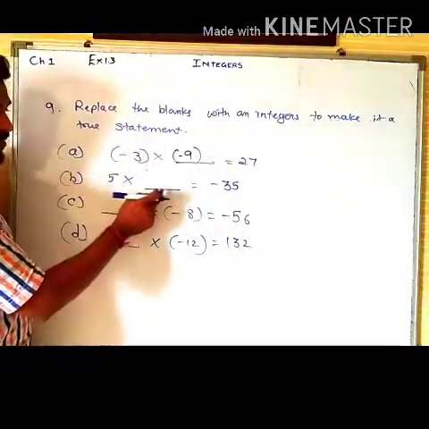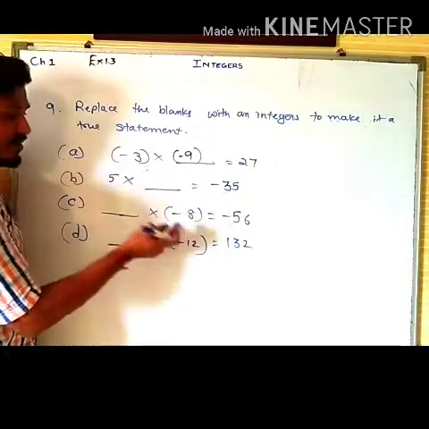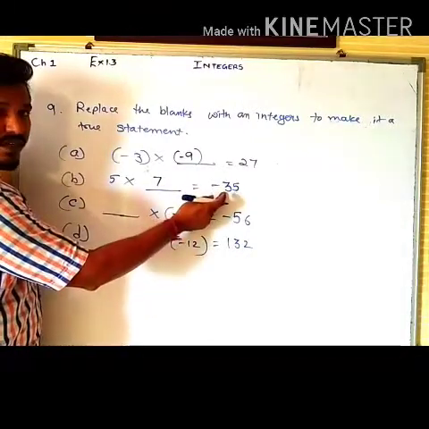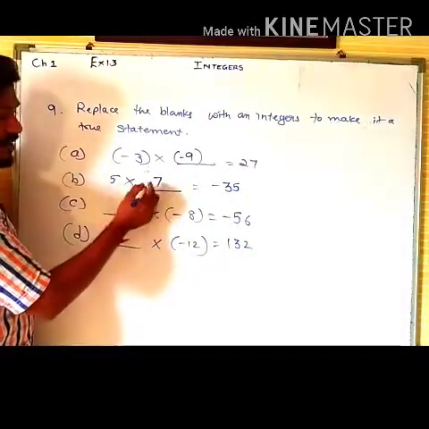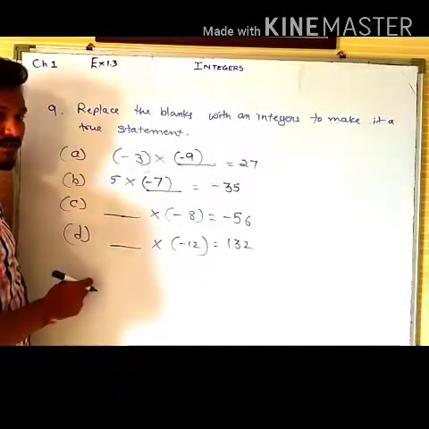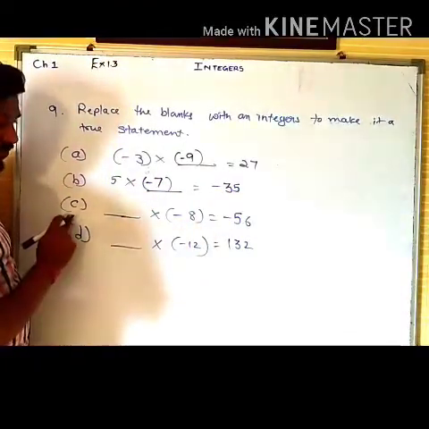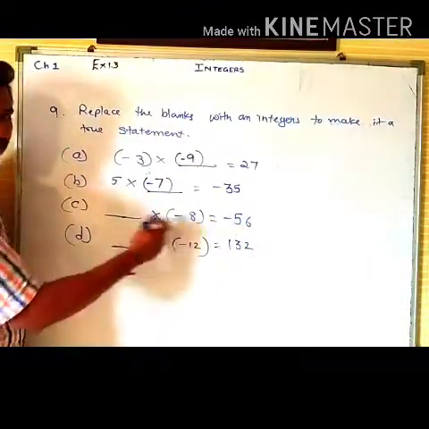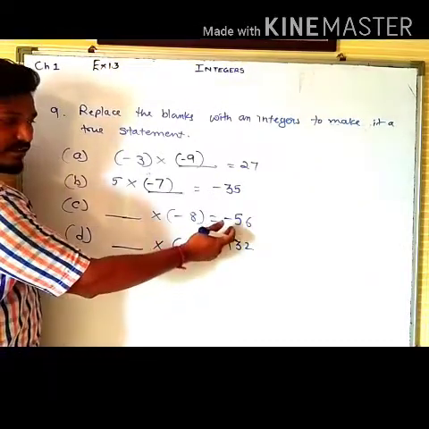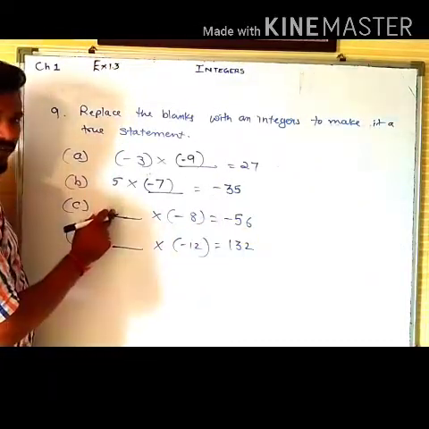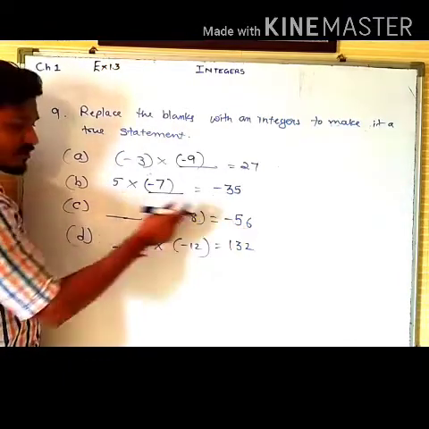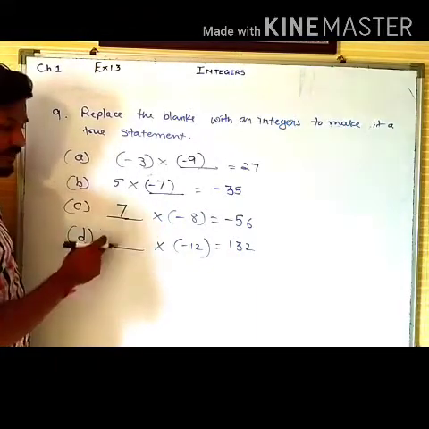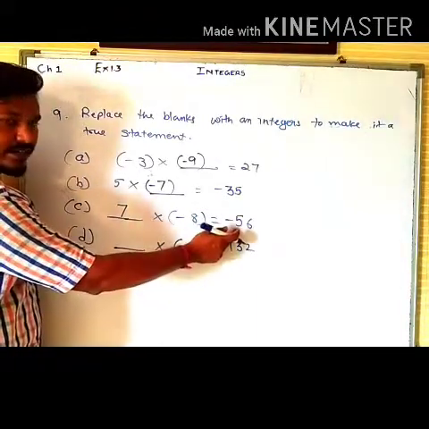Now say 7 multiplied by what gives -35? We know that 7 5s are 35. So 5 7s are 35. But the question is, we need a negative value over here. So positive should be multiplied by negative. Then only we will get a negative value over here. Now the next one. See, dash multiplied by -8 is -56. We know that 7 8s are 56. But our value is negative. So we cannot take a negative value over here, because negative and negative will give a positive value. So compulsorily, if one negative is given, take the other value positive. 7 8s are, that is positive into negative, negative.